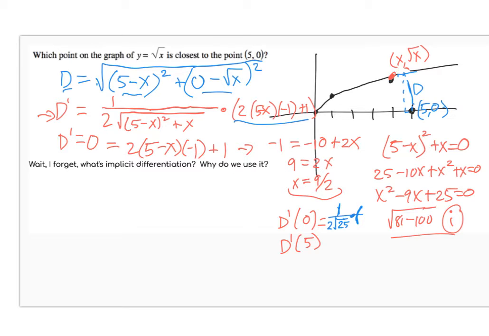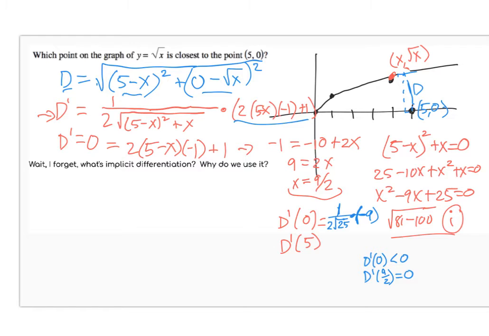That's going to be 2 times 5 times negative 1, which is negative 10 plus 1, which is negative 9. What I really care about is that this value is less than 0. So we're talking about d prime of 0 being less than 0, d prime of 9 over 2 equaling 0,